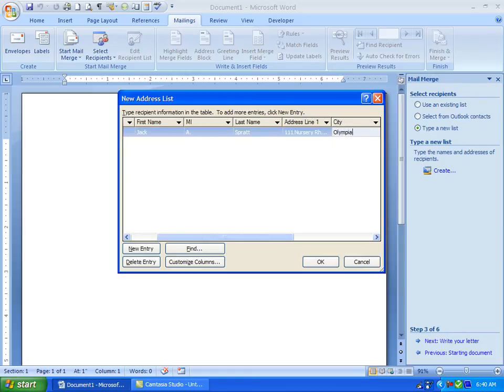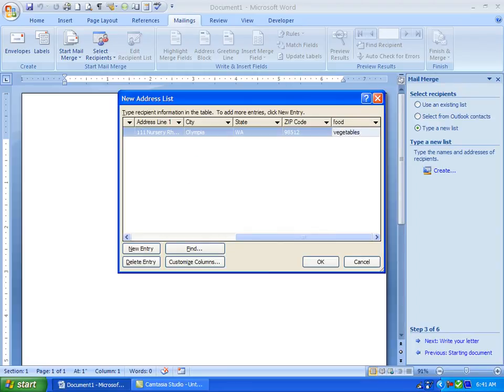Now notice that when you type the city, you do not type a comma. If you do type a comma, when you do your mail merge, you'll end up with 2 commas. The state is 2 capital letters, and zip code I'm going to use 98512,